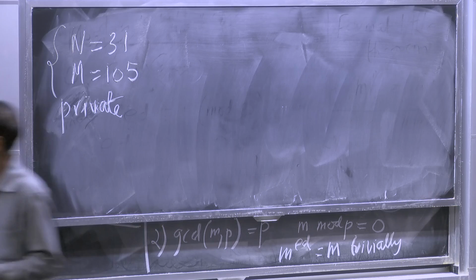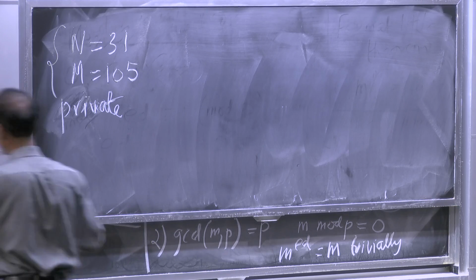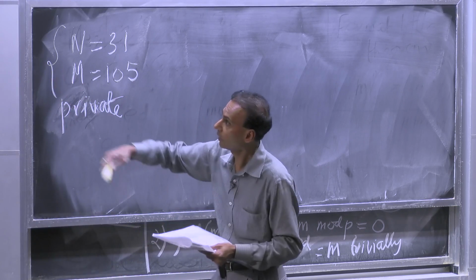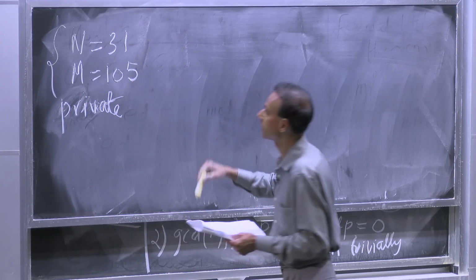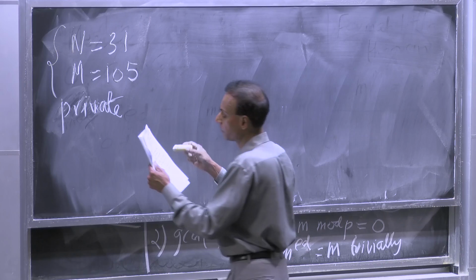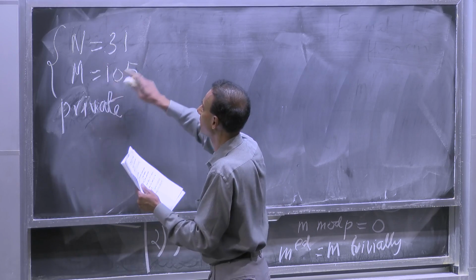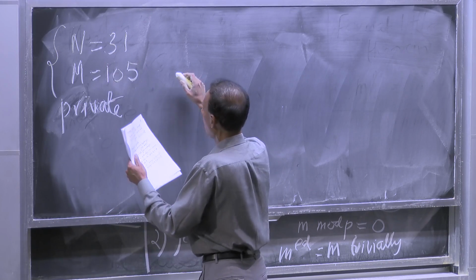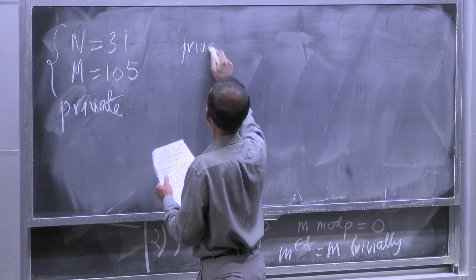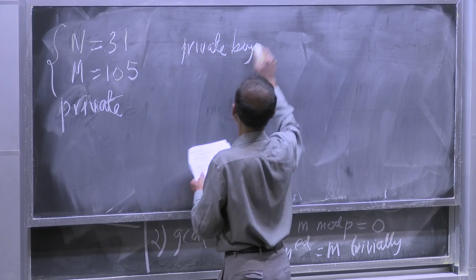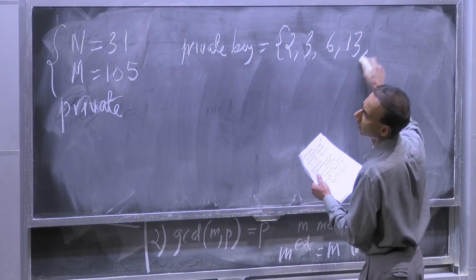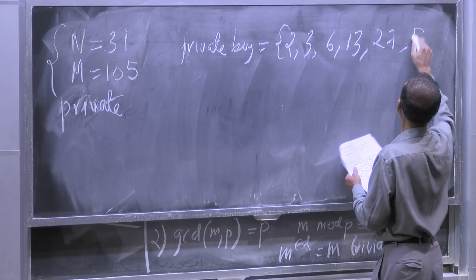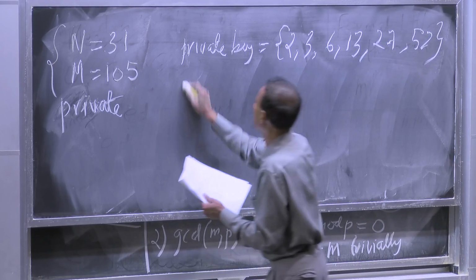So what I'm going to show you is I'm going to take a super increasing knapsack, and that's exactly what I have up there. So that corresponds to an easy knapsack problem. I'm going to convert it using these private parameters, n equals 31 and m equals 105. And so our private key is our super increasing knapsack, which is 2, 3, 6, 13, 27, and 52. And the public key